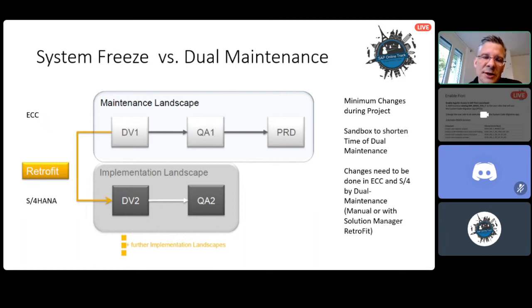So my recommendation is to keep this as an absolute minimum. So if you tell the business you can change until the last day, you will have hundreds of thousands of transport requests. If you say nothing is allowed, then you will still end up with maybe 1,000 transport requests of absolutely urgent corrections and so on.